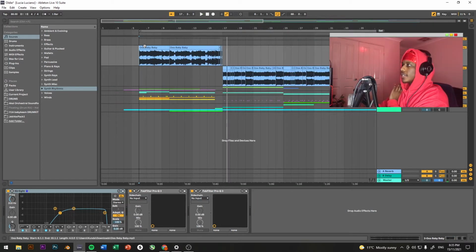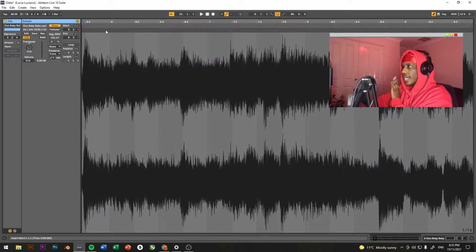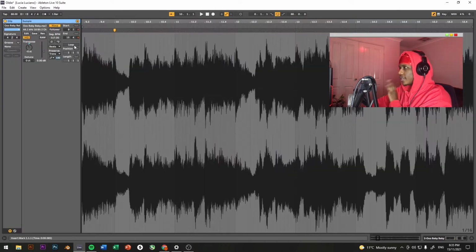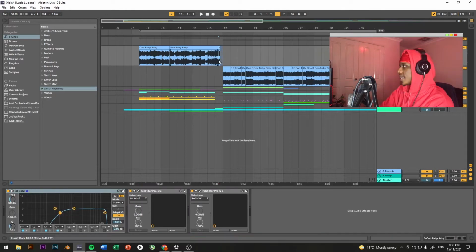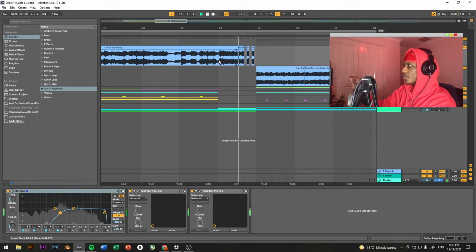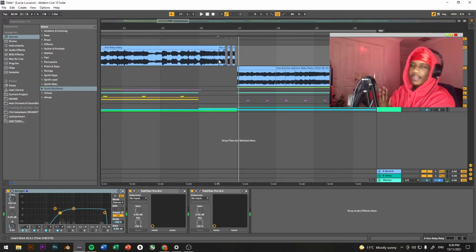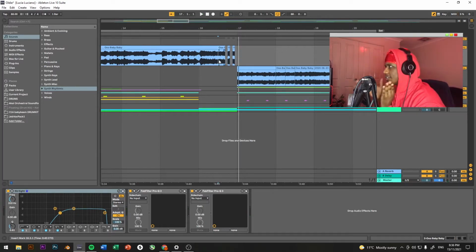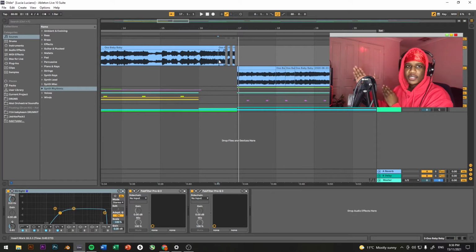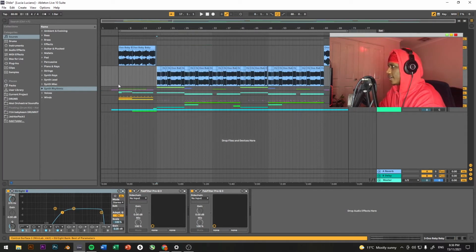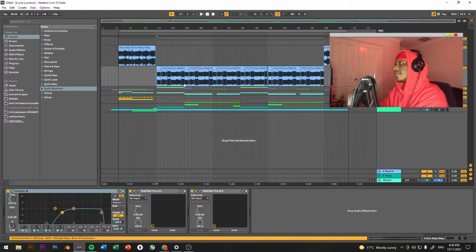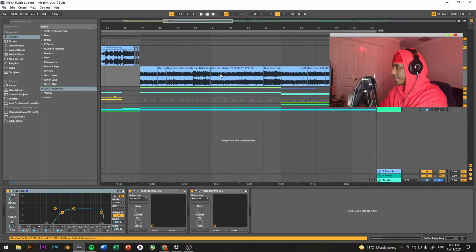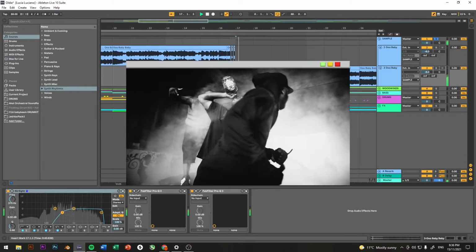So that's the first section of the sample. I didn't really do much. I just transposed it down by 5, did a little time warping here and there just to make it in time with the drums, and then at the end here I just do a quick little transition to bring it better into the main sample loop that I have within the actual track. So I'll play for you guys what that sounds like here. So here we go.